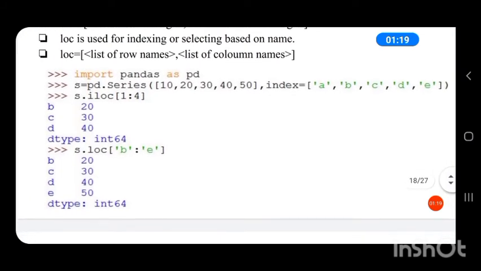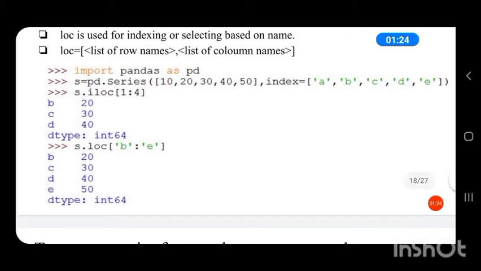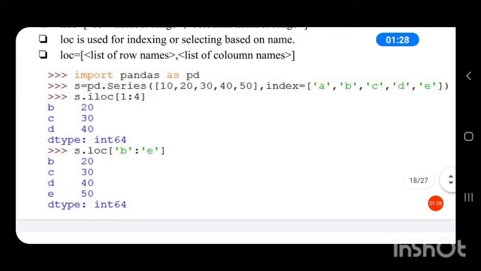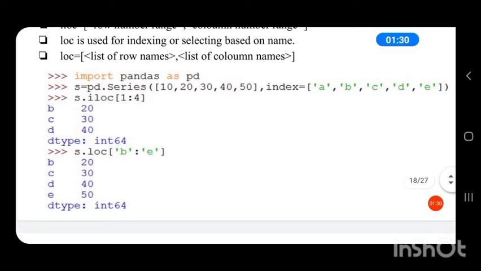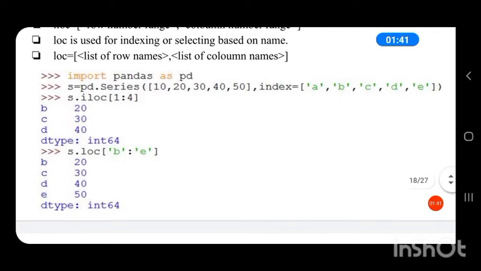First we import pandas as PD. Then S is the series. S equal to PD dot Series in bracket our data, that is a list 10, 20, 30, 40 and 50. Then index A, B, C, D, E.